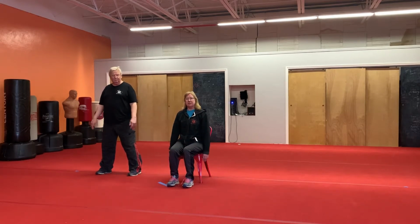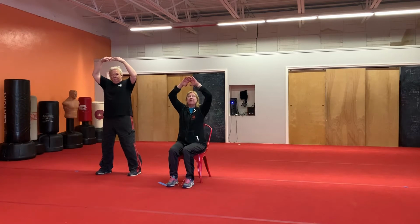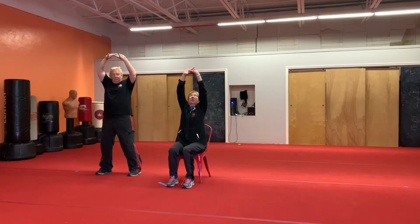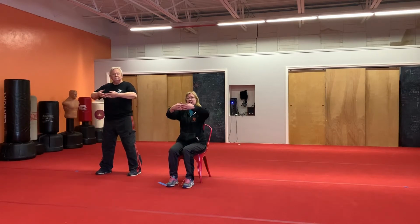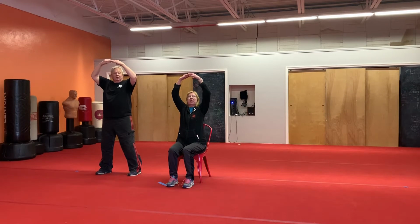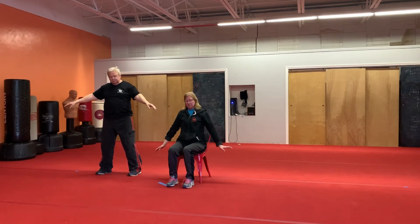So sitting, I'm sitting, you can stand, relax your hands by the side of your body. Bring them up in front of your chest, lift them up over your head, turn them and push the ceiling away. Then come out to the side and circle back. Come up in front of your chest, up above the head, good, and down, and up, and